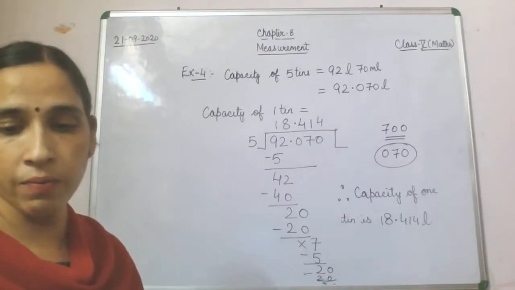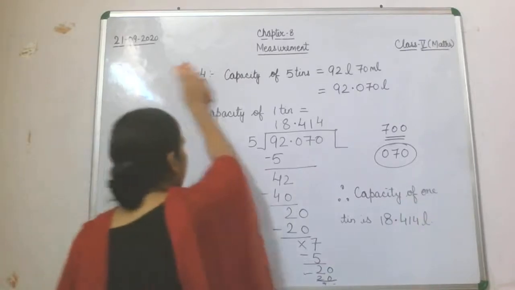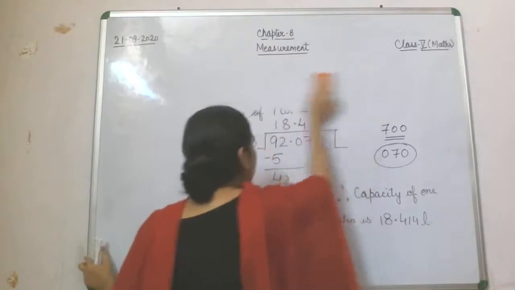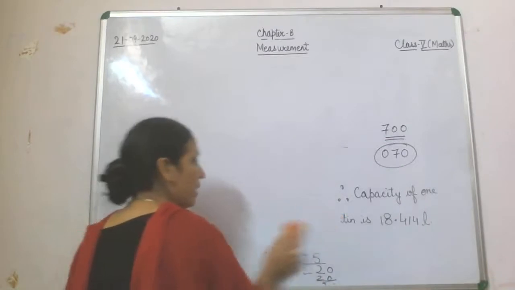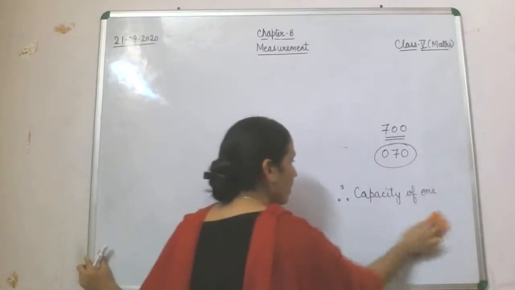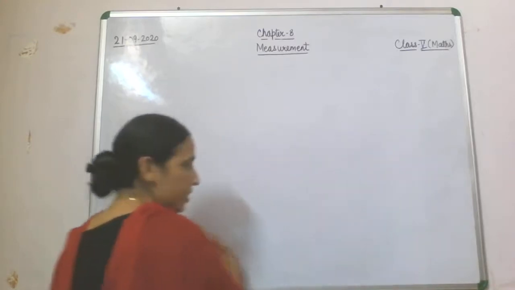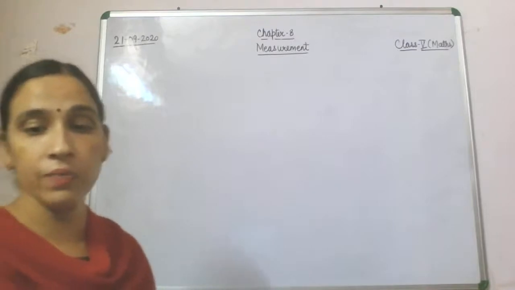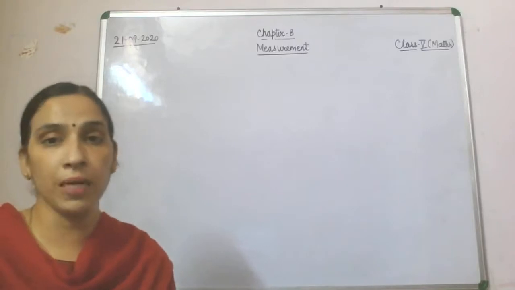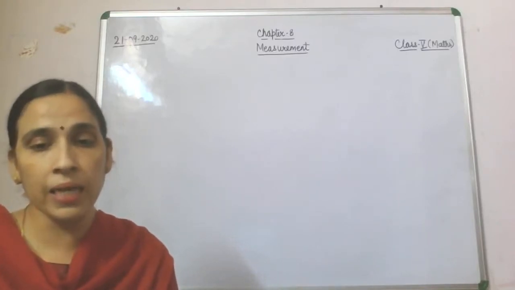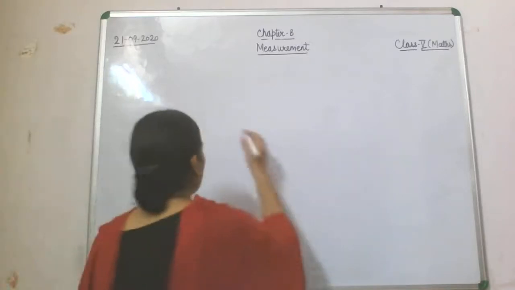Now children, we have been left with 2 questions, that is question 11 and 12 of exercise 8.8, that we will start right now. Now question number 11 and 12. 11 is related to our division only, and 12 is a very important question in which we are going to use division and multiplication both. So we'll understand that in question number 12. So let's start with question number 11.